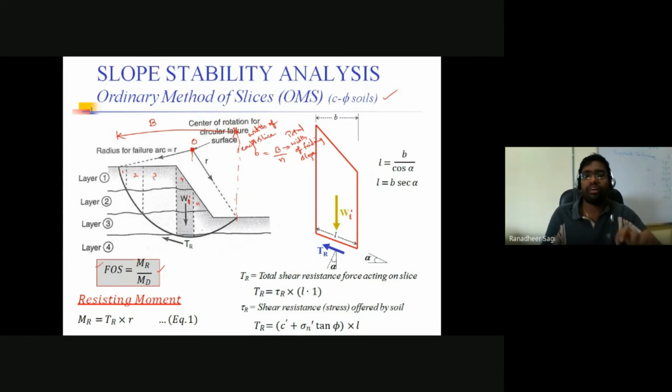Now I am going to consider the mid distance position of your failure surface. When I say mid distance, from here to here you are defining your failure surface. Though it is a curved surface, we are approximating it to be a straight line, as the width of the element is relatively small. So your curved surface and the straight line will not have much variation in the dimension you are specifying. The failure surface will be defined at the mid distance position.